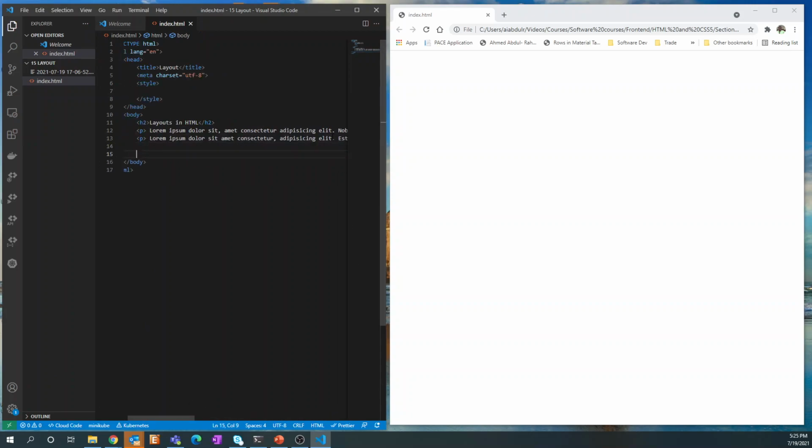And then I'm going to have the header. Let's put a header, which is where you would want your header content to be. And in this header, I'm just going to say H2, and I'm going to say countries, right? And then I'm going to have a section. We talked about sections. And in this section, let's say I have a